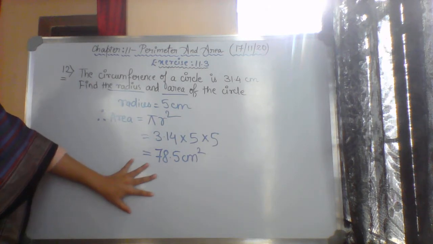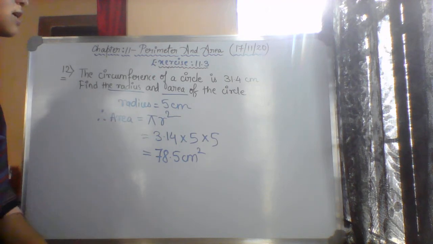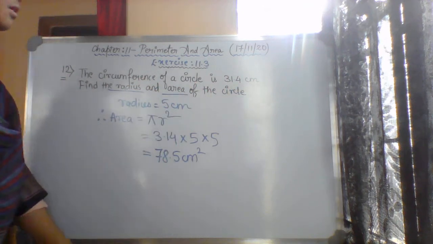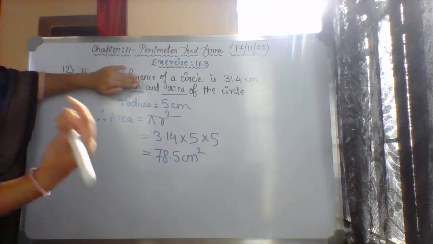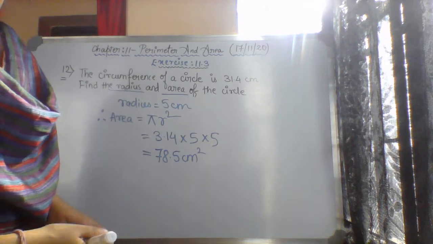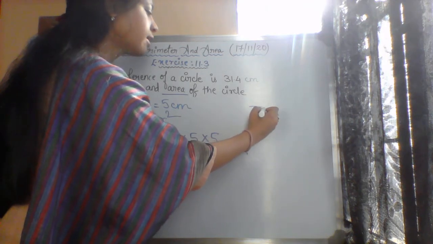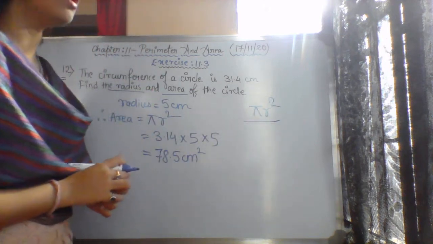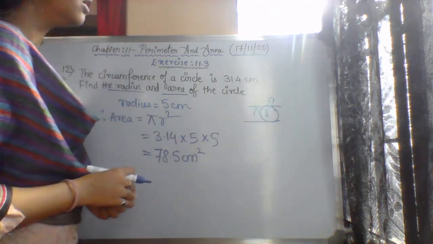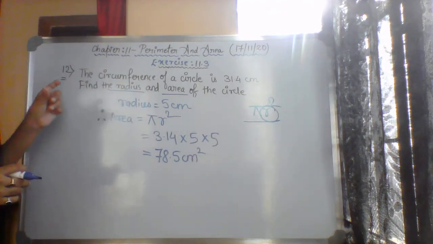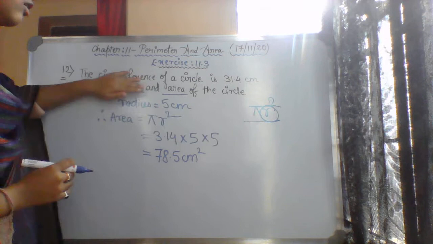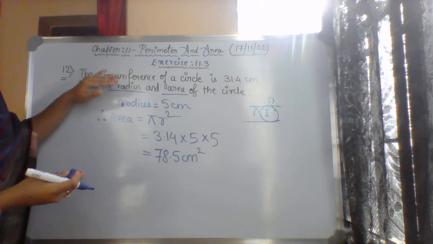Okay, so this question can also be asked as, they will give the circumference of a circle, 31.4 centimeter, and they will not ask to find the radius. They will directly ask to find the area of the circle. Then you will be thinking, how can I find the area of the circle? We know the area by this formula, but they have given the circumference, not the radius. So you will think, how can I find out the radius? Then only I can find out the area. So indirectly they will ask for the radius.